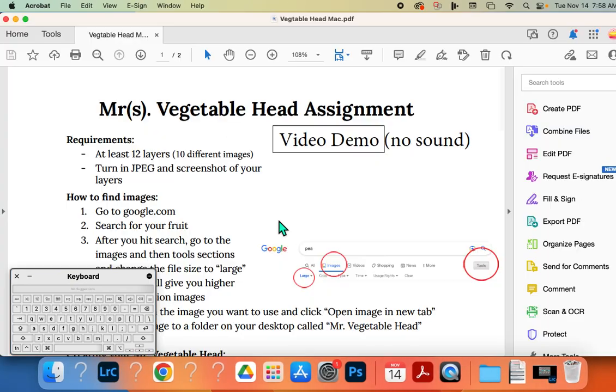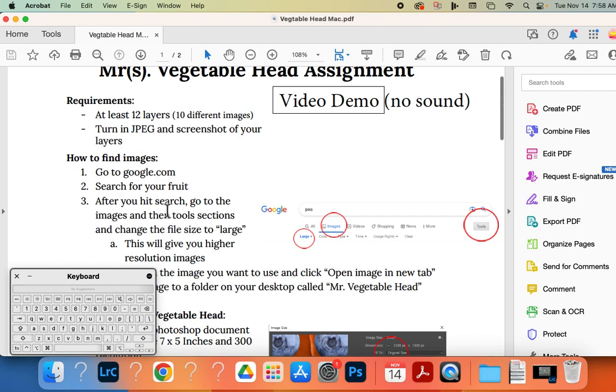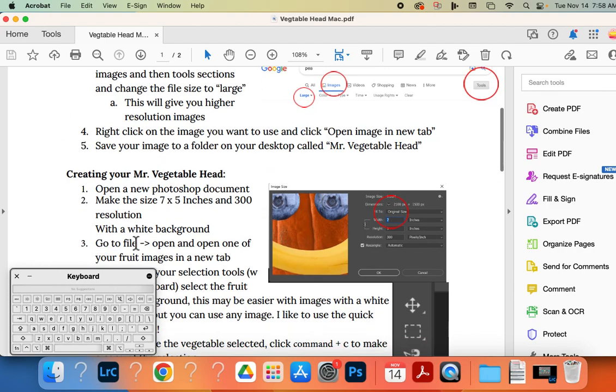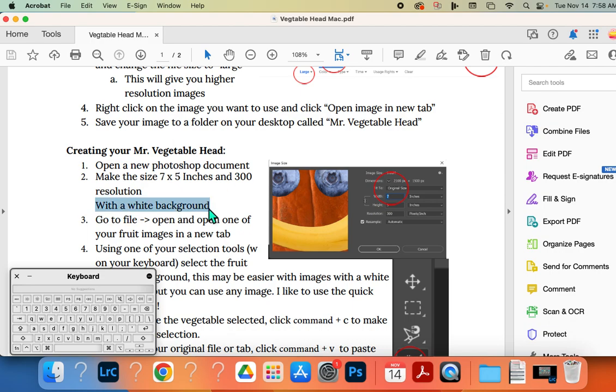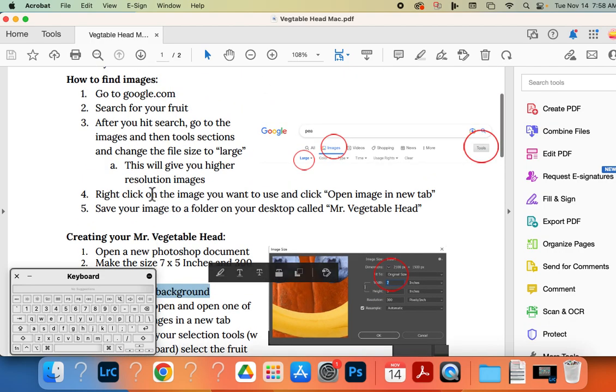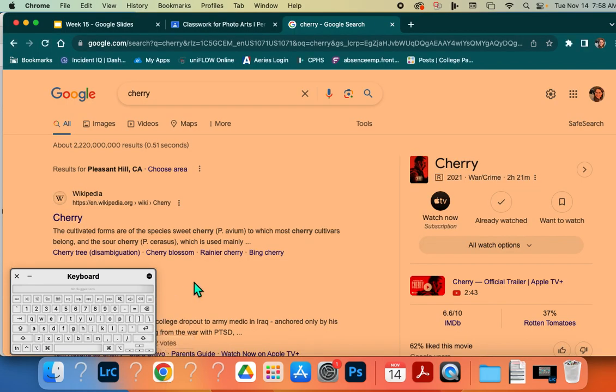For your vegetable head, you need at least 12 layers with 10 different images. First, I need to find pictures. It needs to be on a white background and they need to be high resolution. So how do you do that? I'm going to Google Cherry. I'm going to go to Images,